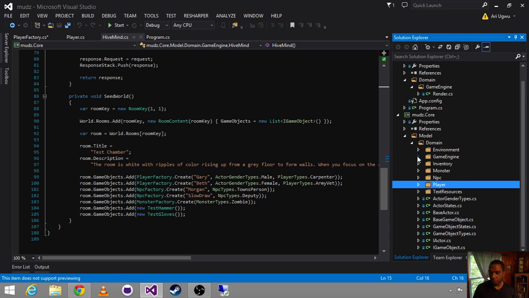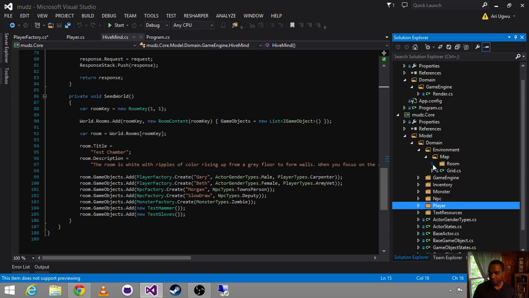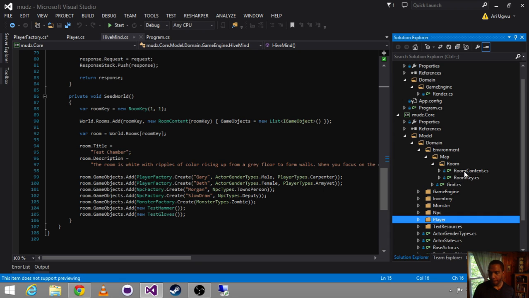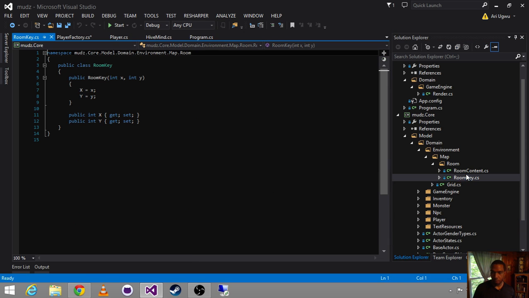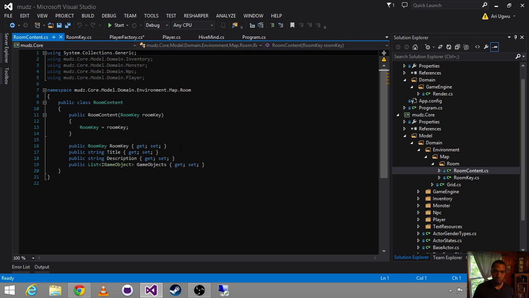Let's go over here to our environment. So here inside of our room content, every room in our game has a location on our map, a title, a description, and a list of game objects.